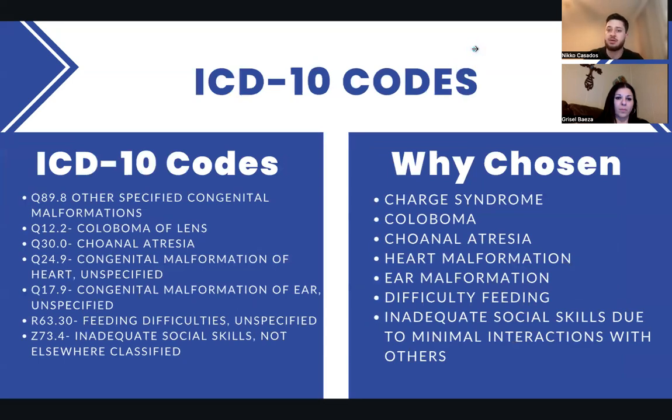So the ICD-10 codes that were chosen for Jude were Q89.8, which is other specified congenital malformations, Q12.2, which is coloboma of lens, Q30.0, which is choanal atresia, Q24.9, which is congenital malformation of the heart unspecified,